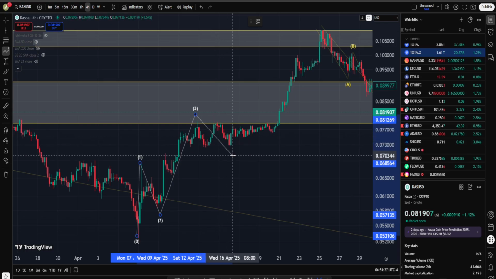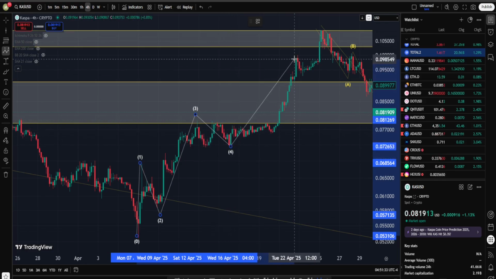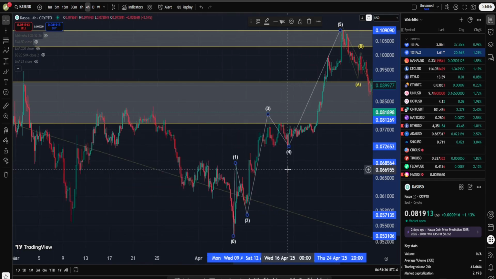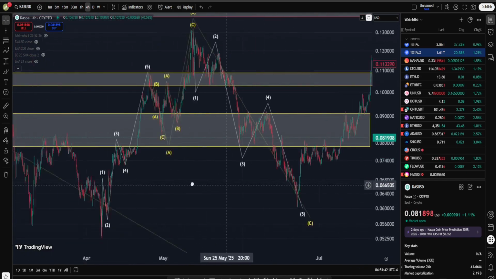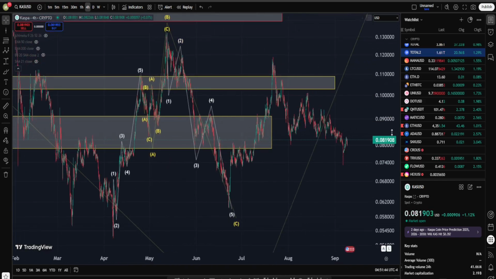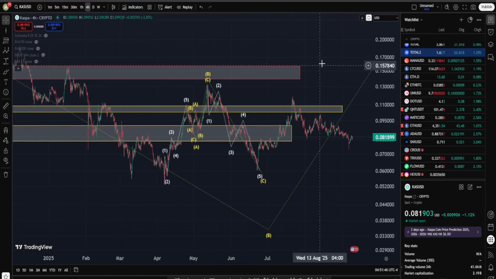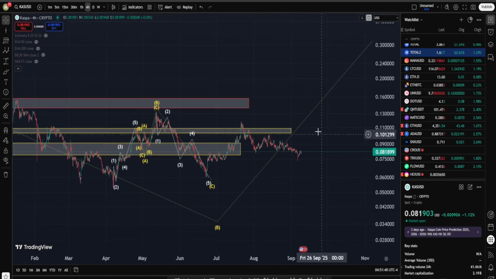Then a correction structure into wave 4. I'm going to say this was probably an ABC flat, and then a clear 1, 2, 3, 4, 5 wave into wave 5. And as you can see, we definitely got a solid extension structure into wave 5. So I'm going to argue in KASPA, because I am able to find some decent bullish scenarios with not a